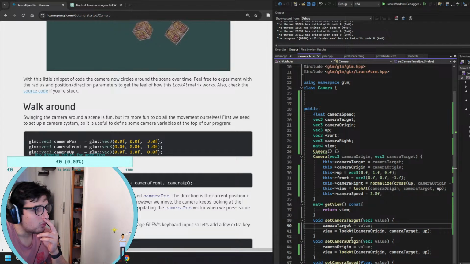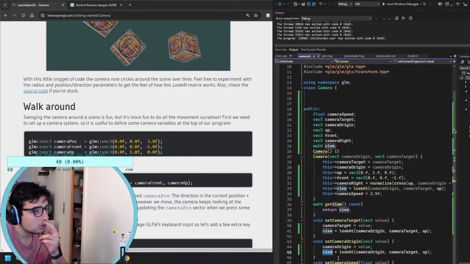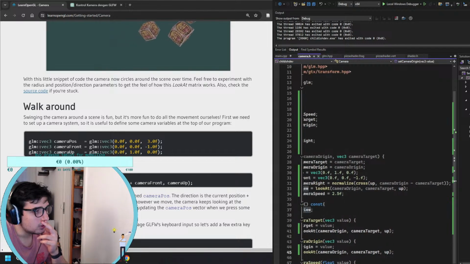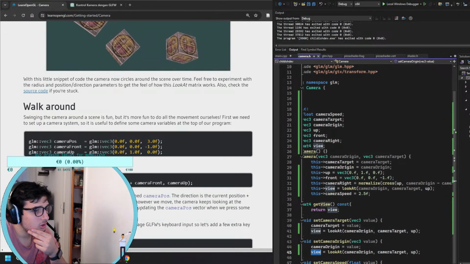Get view directly returns the view. And view is changed here. This is so weird. The camera origin is set like that, and after the camera origin is set,